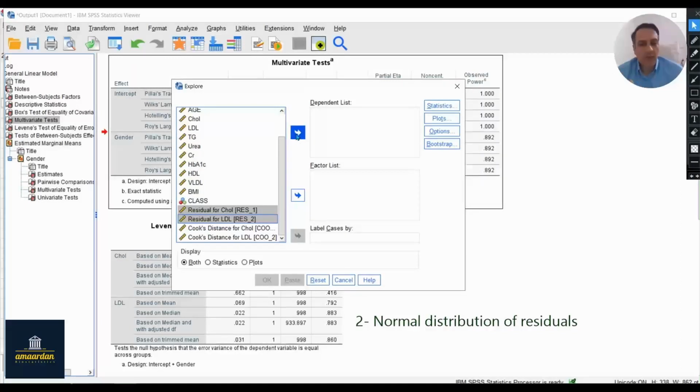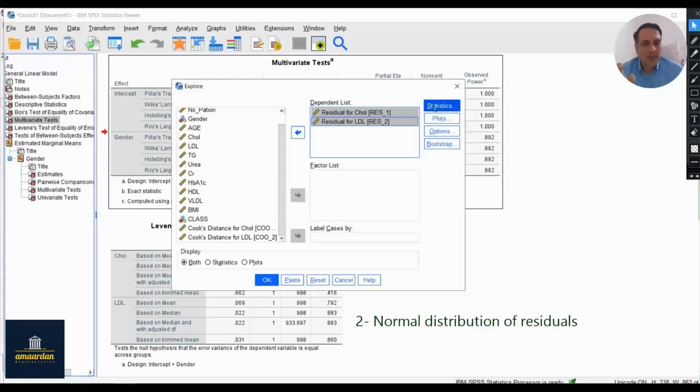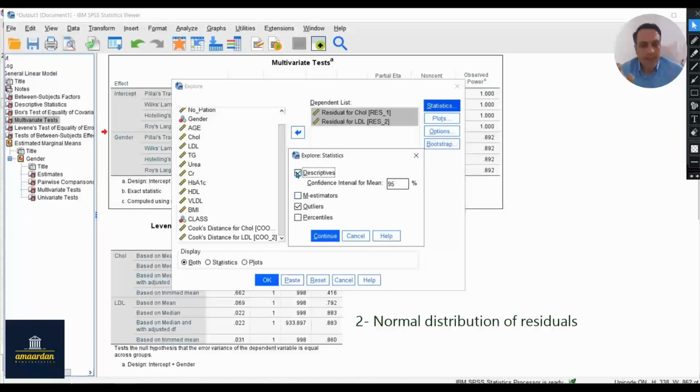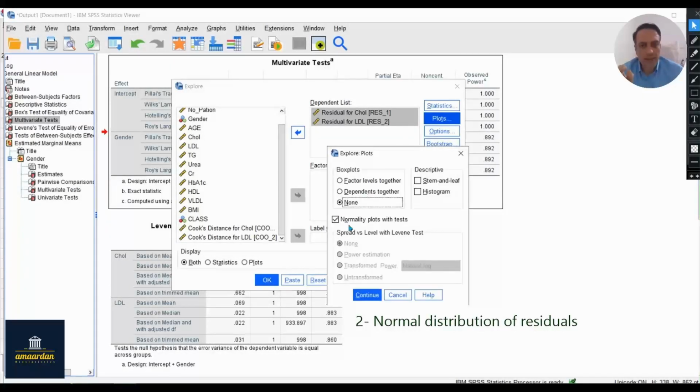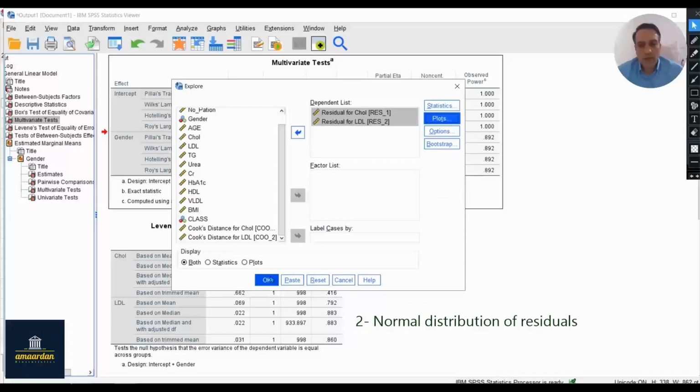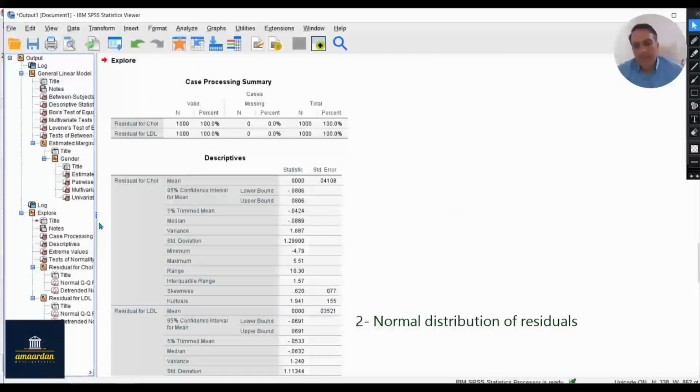Import these variables into the dependent list, click on Statistics, click on Descriptives and Outliers, then click on Plots, click on Normality plots with tests, and then click on Continue and OK. SPSS reports some tables and some plots about